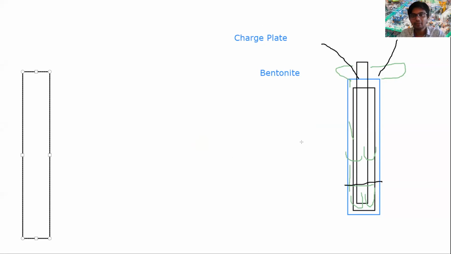Yeah, this Chandan is right. Concrete should not be poured from more height, to avoid air bubbles. The charge plate should be as near as possible. That's correct. So this is your hole, and we'll just avoid drawing the reinforcements again.